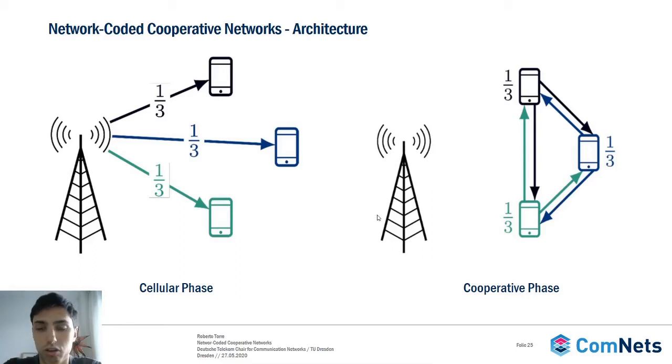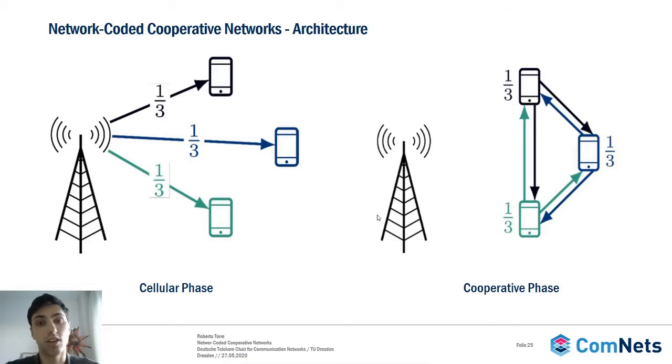There are different protocols that we can use. Then we have at the end of this phase, as I said, each user will have 1/3 of the packets. Then in the cooperative phase, we will also have a time slotted distribution, where each user will take one time slot to transmit their packets via Wi-Fi multicast